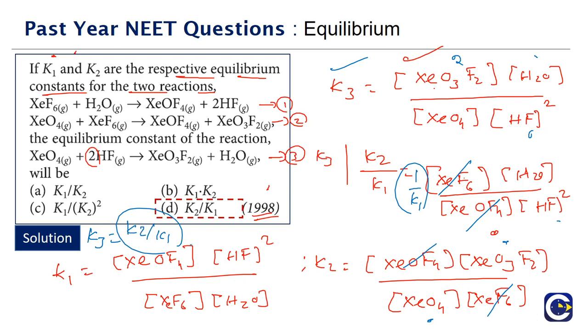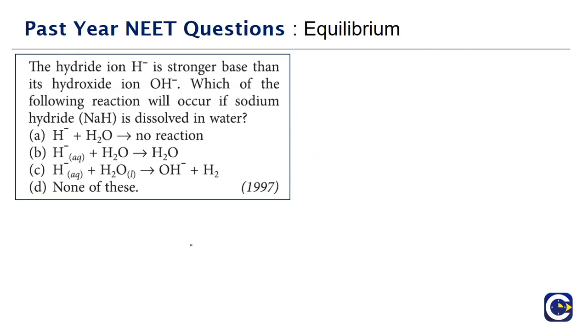So in solving these kinds of questions, what is the approach we are taking? We are simply writing down the expressions. For each of the given reactions, we are writing down the equilibrium constant expressions. Then we will see, for the unknown expression to come, what kind of relation we need to have. Sometimes we may have to take a reciprocal of it, sometimes we may have to square it, or take a cube of it or a square root of it. So we have to appropriately choose. This is more of a mathematical adjustment, like how we take a combination so that the expressions will exactly match each other. So the answer for this is option D.